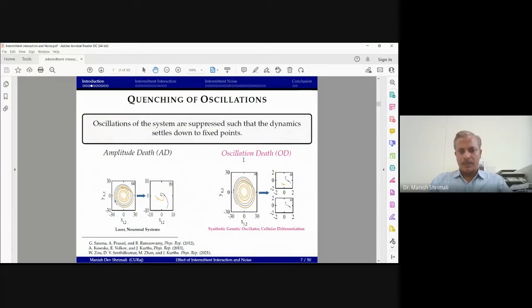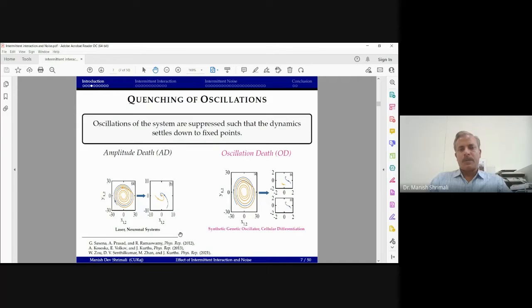One of the recent phenomena observed due to interaction is the quenching of oscillations, where the oscillatory system goes to the no oscillation state due to interaction, and the oscillations are suppressed because of various reasons. This can be classified into two categories: amplitude death and oscillation death. In amplitude death, the system stabilizes to the unstable fixed point of the system due to the interaction. In oscillation death, the system goes to newly created equilibrium points due to the interaction. And there are certain review articles published on this,